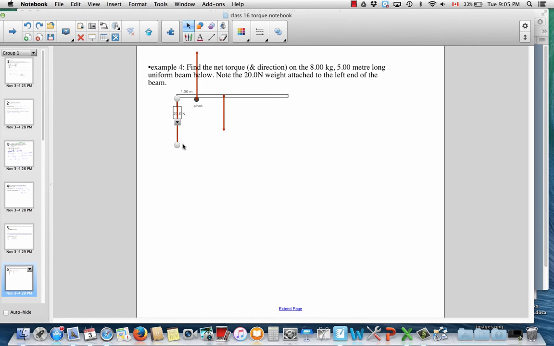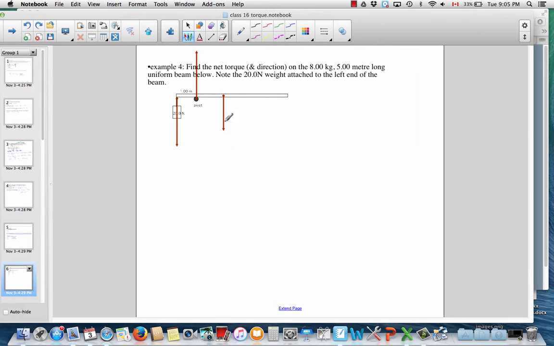Okie doke, just like that. Okay, so now we want to find the net torque. So we first ask, okay, are there any clockwise torques? Sure, if this is the pivot point, the beam weight for the 8 kilogram object